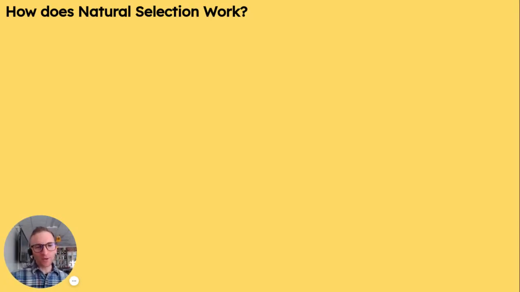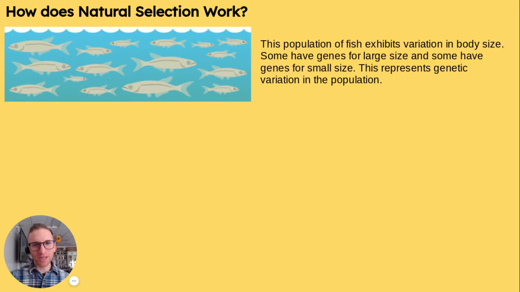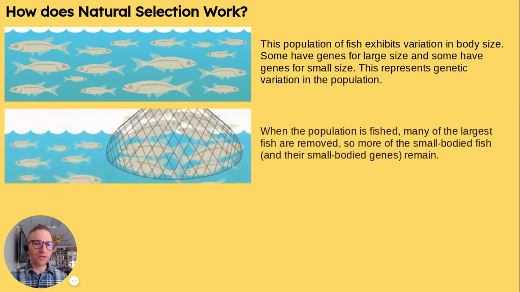So let me give you a real world example of natural selection. And in this case, it's actually a human influenced example of natural selection. So let's imagine we have a population of fish. And in this population of fish, just like in the population of humans, there are natural variations in size. So let's say all of these fish pictured are 2 years old. All of these 2-year-old fish are of varying sizes. Now, humans enter the picture, and because the large fish are easier to process, and we also just put a premium on bigger fish,